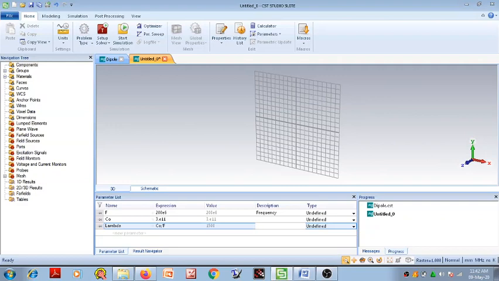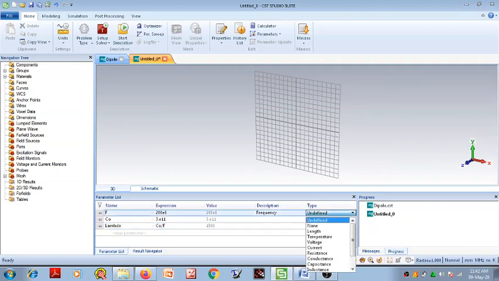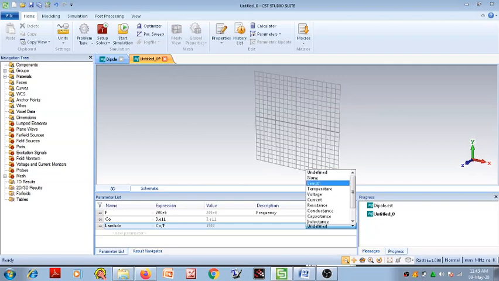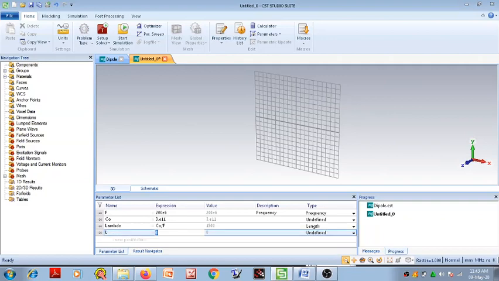You can also define the type of variable. F is the frequency type of variable and this lambda is the length. Now today we design lambda by 2 dipole, so the length of dipole, that is equals to lambda by 2.